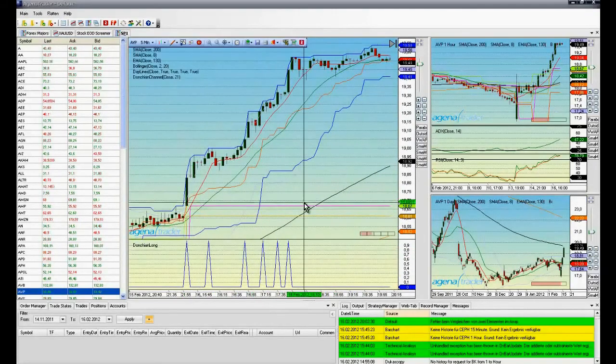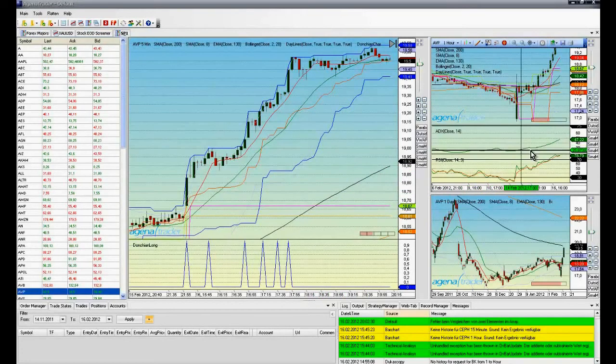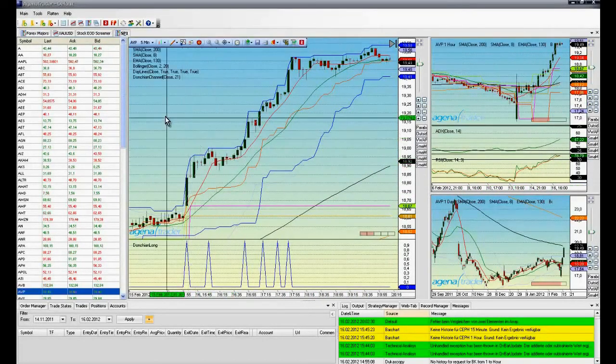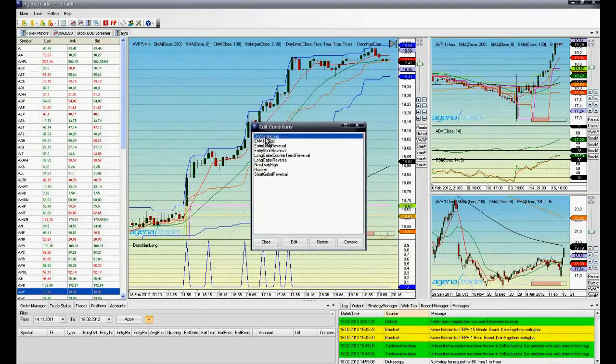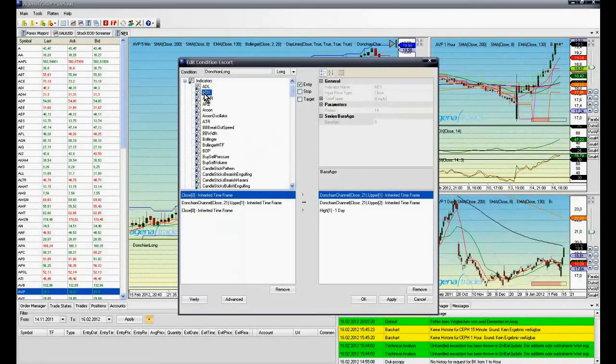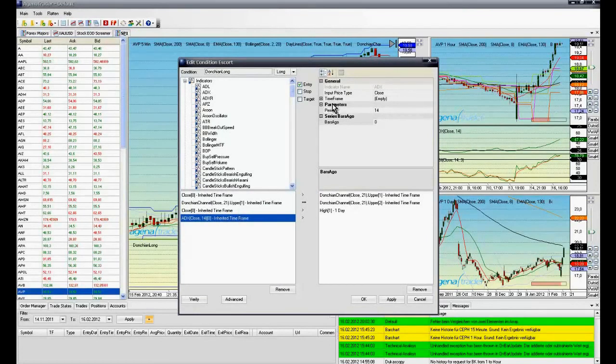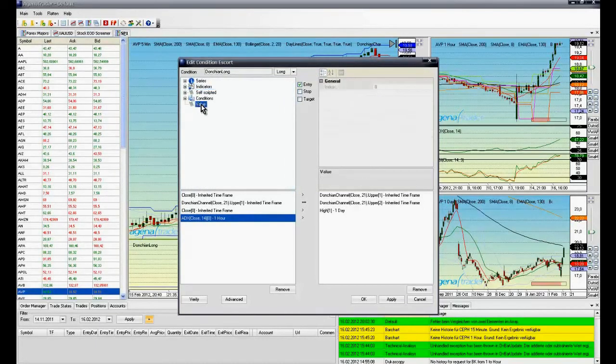We also decided as a further criterion to be included in the signal that the ADX14 on an hourly basis is above 25 and rising. We can achieve this by doing the following: ConditionEscort, Edit, again Donchian long. We select the ADX14. Here we select the time frame, 1 hour. So if the ADX14 is larger than 25, namely on an hourly basis,